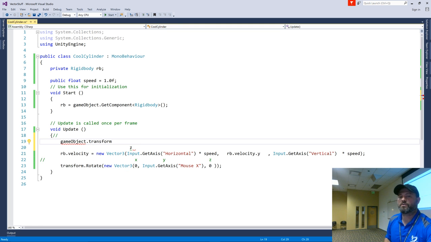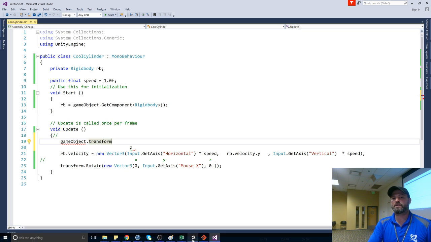All right. So when I said that the game object, you always have access to the game object, but you can get its transform without having to do get component because they're buddies and they always hang out together. Game object and transform always hanging out together. So we don't need to use get component on that.